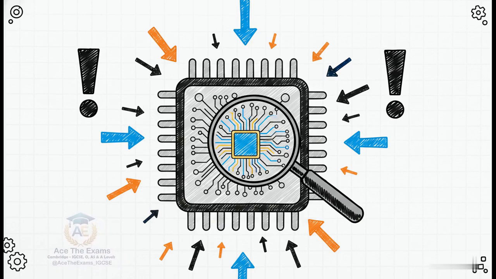Let me give you an example. A processing delay of, say, 1 millisecond? That might be a totally acceptable drawback for a smart thermostat in your hallway. But that exact same 1 millisecond delay, it's a literal fatal flaw for a cardiac pacemaker. Examiners aren't looking for a Wikipedia summary. They are hunting for your ability to apply deep technical knowledge of things like power consumption and memory limits to